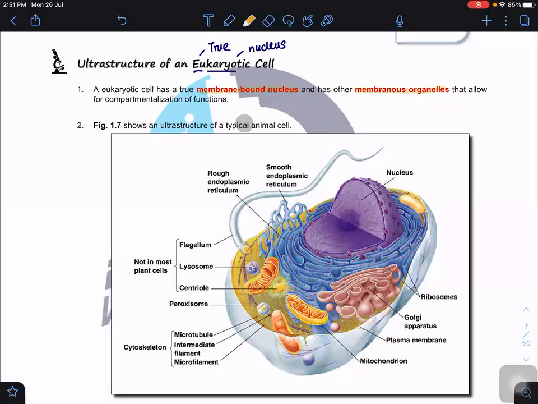So it is very, very important why we need to have those membranes. Basically, we want to have compartmentalization. Now, what does compartmentalization mean? Think about this: if there is no compartmentalization, there is a problem. Try to imagine you go to a house without compartments. You do not know where the toilet is, where your living room is, where your bedroom is, where the kitchen is. There is a problem. Why? Because now you want to sleep in your bedroom, but you don't know where to sleep. You want to go to the toilet, but you do not know where it is because there are no compartments, correct or not?